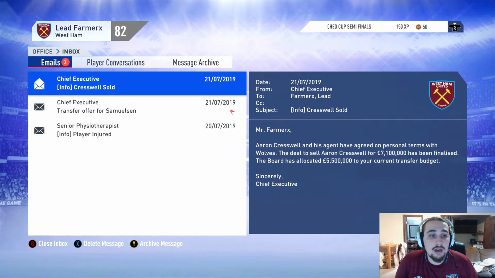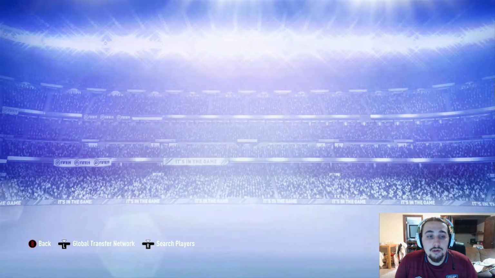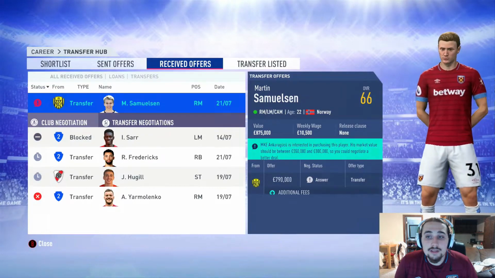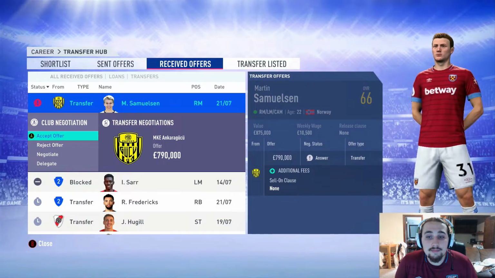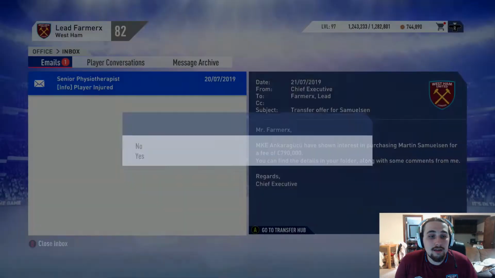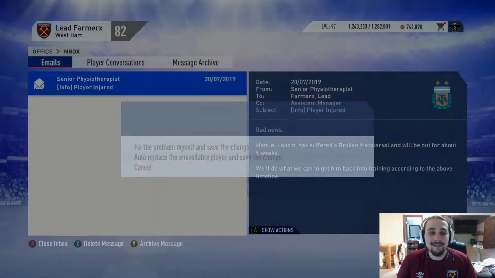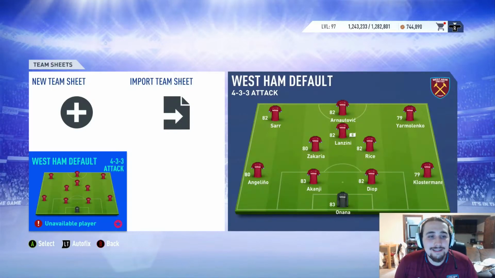Marcus Brown is gone. Cresswell is gone. Some more money in. Transfer in for Samuelson, who I believe I'm looking to let go. It is Martin Samuelson, and we're just going to accept that. That's not bad. Valued at $875, $790. Not too bothered. And Lanzini's out 5 weeks. Okay. Let's recap this